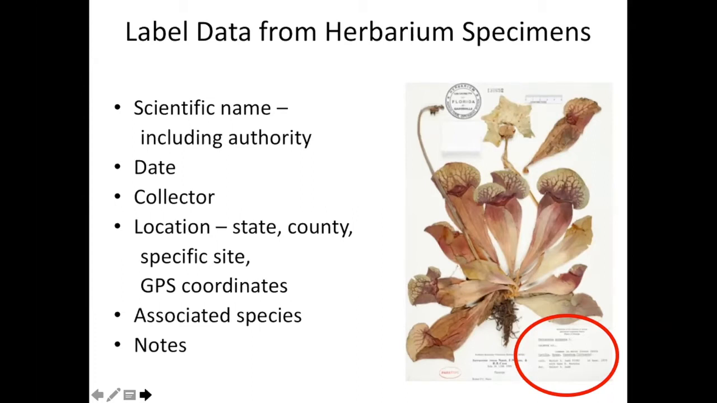And typically on a herbarium specimen, this is a beautiful specimen of a pitcher plant from Calhoun County. The label information is usually found in the lower right-hand corner of the specimen, and it contains things like the scientific name, the date of collection, the collector's name, where the specimen was collected, including GPS coordinates if those are available. It might also list something about the species that are associated with it, and there might be some other